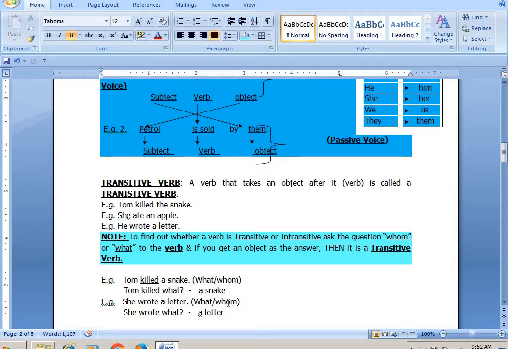Now, what you have to ask? What or whom? She wrote what? You have to ask a question to whom? To the verb. So, she wrote what? She wrote a letter. Okay? Then,